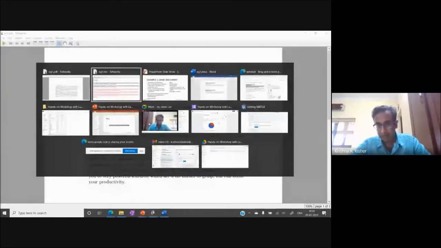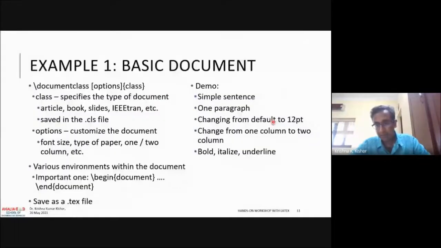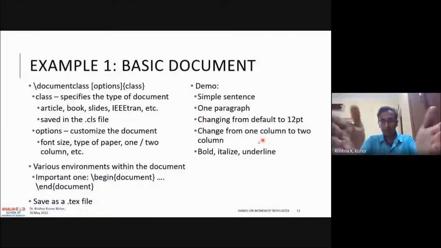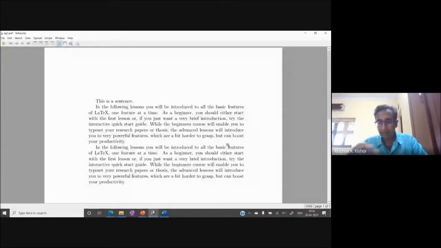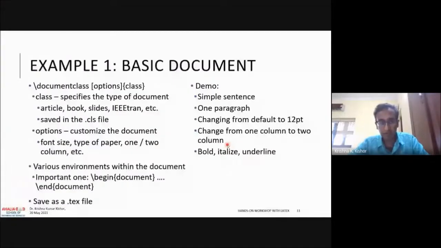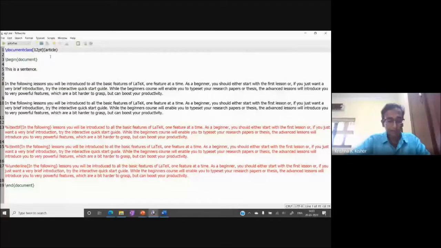All right. So let's look at the next one. What I want to do is change from a single column to a two column. This is a single column document, everything goes into one column. But typically when you read journals and things like that, there's a two column format. And like I said, if you're using the default class file, it will automatically do it for you. You don't have to worry about these options. So if I want to do it two column, all I'm going to do is, in addition to 12 point, write two column. And then I'm going to compile it. So you see that it has come to a certain column. What it's going to do is, I'll just zoom out of this.